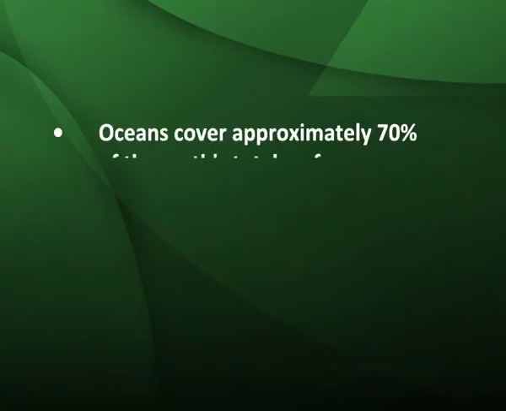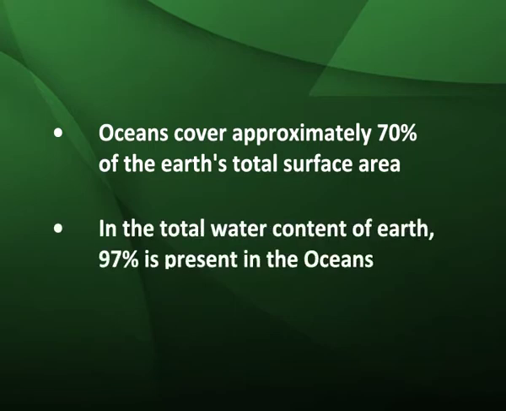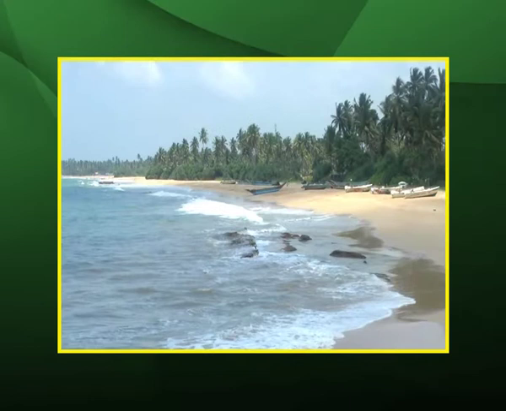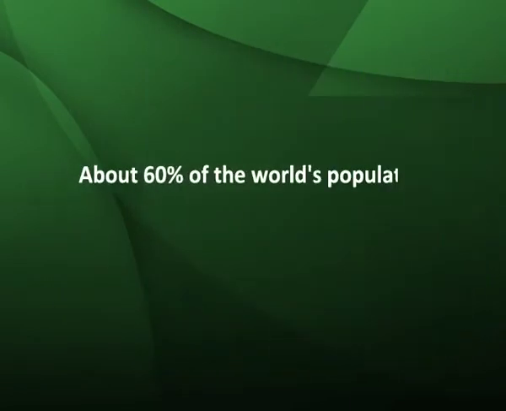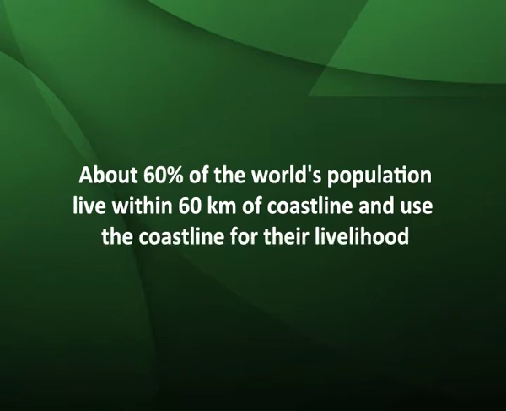Oceans cover approximately 70% of the Earth's total surface area. Of the total water content of Earth, 97% is present in the oceans. It harbors a rich source of biodiversity and its population may exceed trillions. Oceans are the main regulatory agent of Earth's climate. About 60% of the world's population live within 60 km of the coastline and use it for their